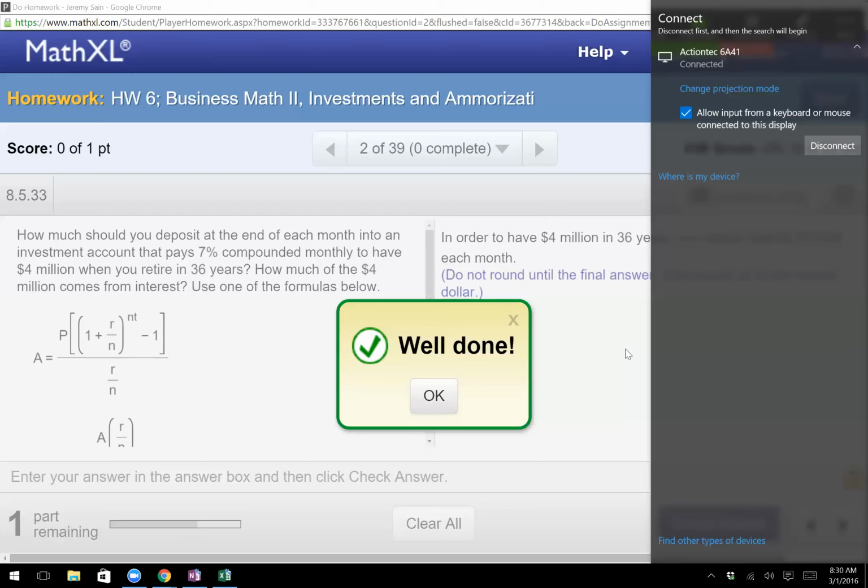Easy enough. So again, just to prove a point, if you go to view an example, it looks horrible. View an example will tell you how to do this by hand, but Excel will do the whole thing for you. So that's the way you want to go. All right, I guess we'll